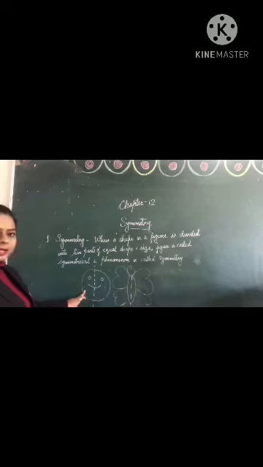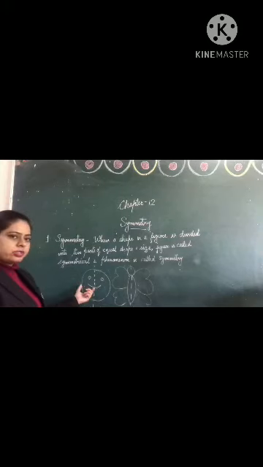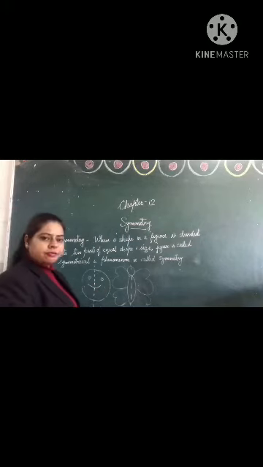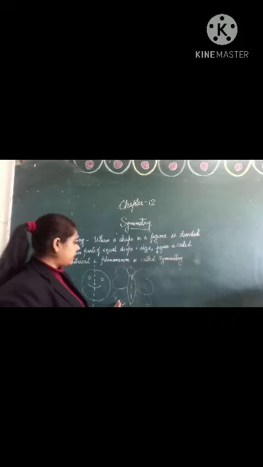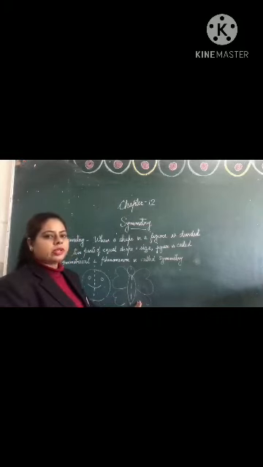As in this smiley, you can see, if one eye is here, then other eye is here. If half mouth is here, then half mouth is here. Both the parts are identical. Similarly, in this butterfly, if two wings are here, then two similar wings are on the other side. Both the parts should be identical.